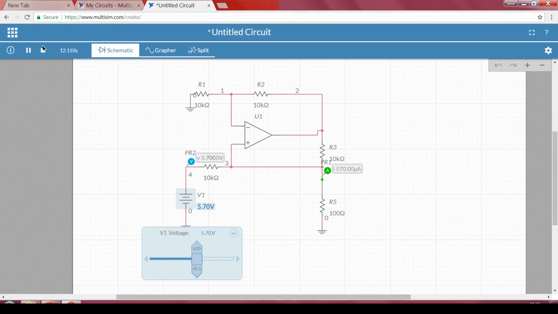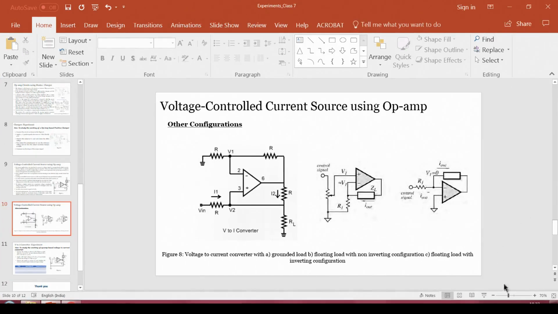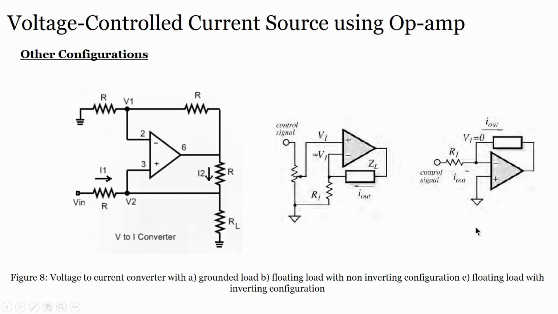So, what we have seen here is nothing but the voltage controlled current source or voltage to current converter, right guys. This is the application of the operational amplifier, which is the voltage to current converter, right. And we have seen two things in this particular module.